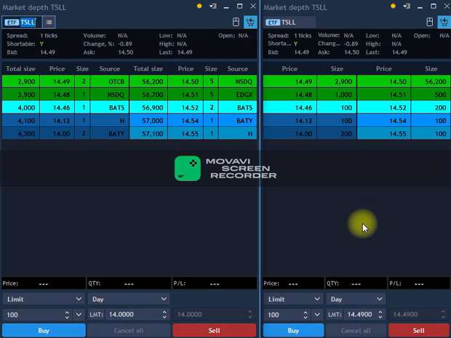We have an avalanche basically of sellers and very little buyers. In this case, it seems like the price will go down because there are lots of sellers and very little buyers. Now, being that TSLL trades, how many millions? Yeah, 200 million shares per day on average. Maybe 50,000